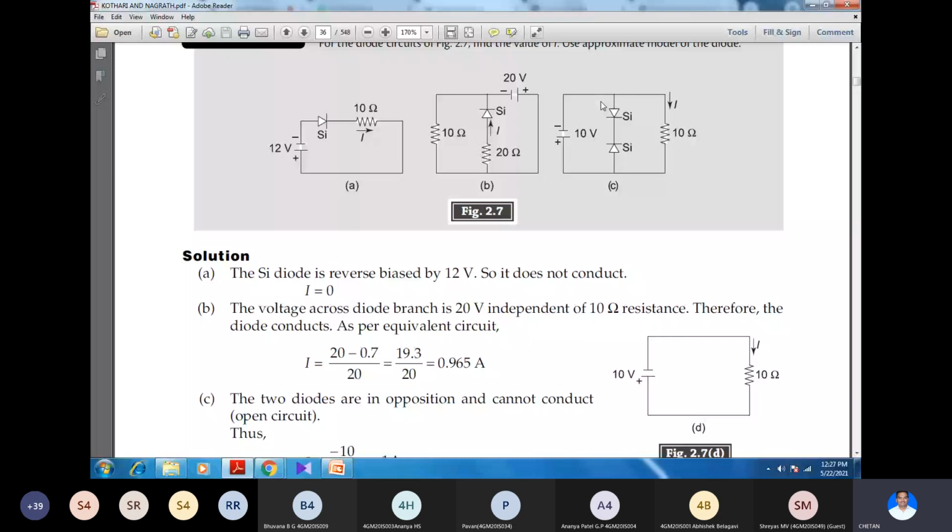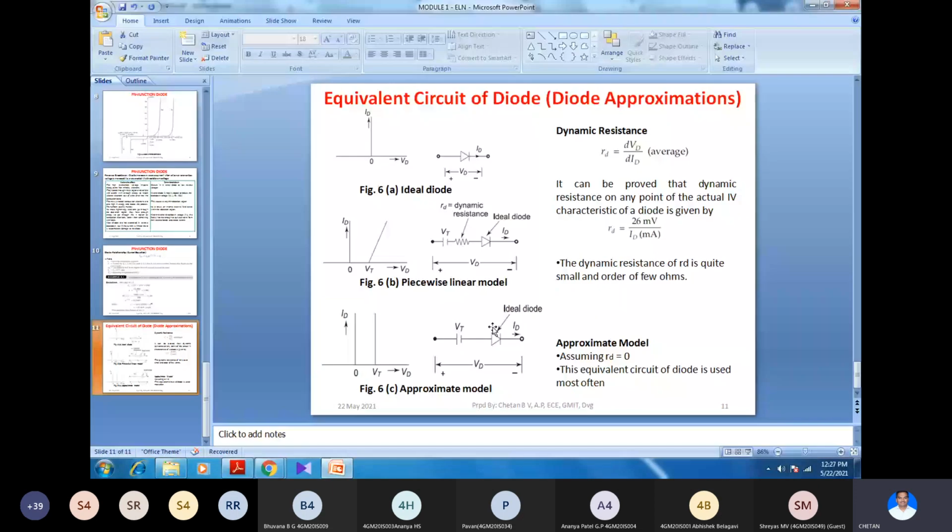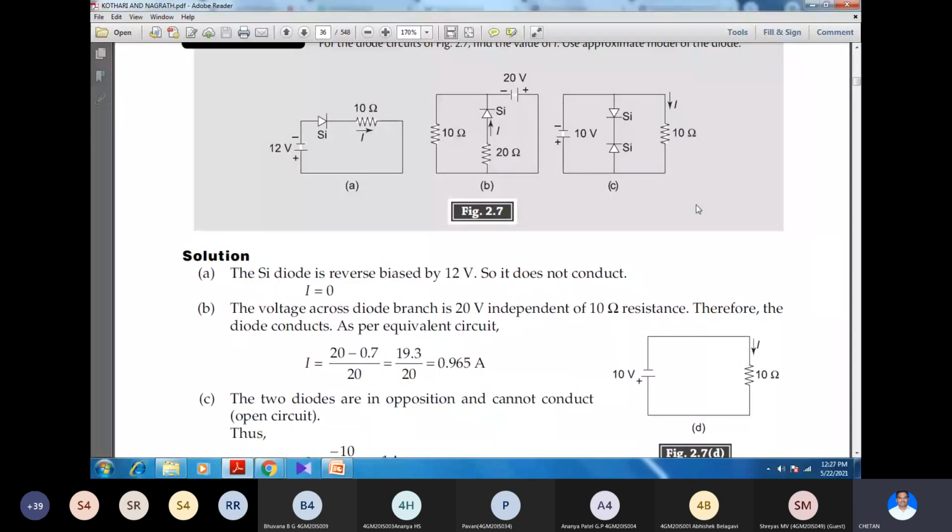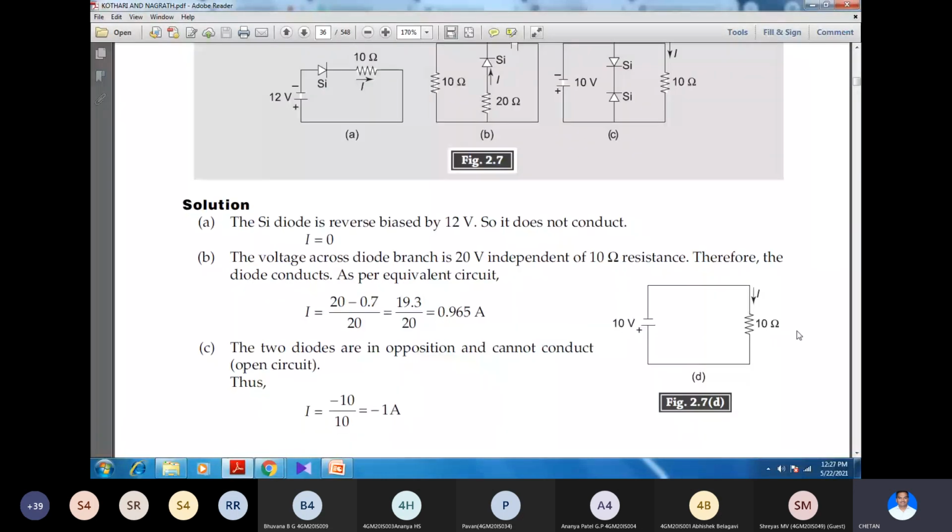Whenever this is reverse biased, according to our approximate model we have an ideal diode here. In reverse bias, it will not conduct. It is open circuit. Therefore, this complete branch is open circuit. Remaining is this branch. Therefore, this circuit will be reduced to this equivalent circuit. There is a voltage source here. The positive terminal is connected to this end of the resistor, and the negative terminal is connected to this end of the resistor. So we have to calculate the value of I. The value of I will be 10 divided by 10 volt, so you will get around minus 1 ampere.